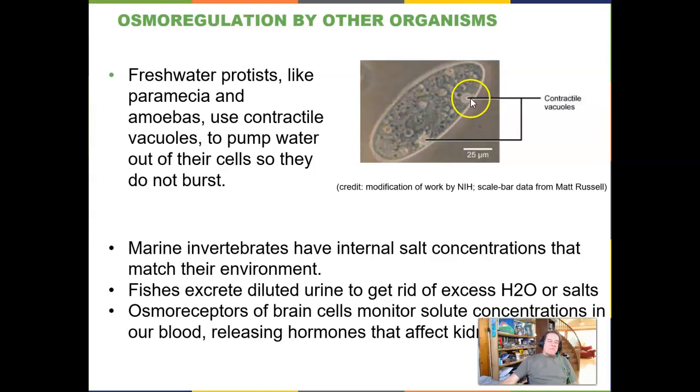But that doesn't happen because it has these specialized vacuoles right here, which are surrounded by basically the fibers, the protein basis of muscles. So at a subcellular level, they're muscularized vesicles, if you will. It's not made out of cells. A muscle is an organ made out of cells. But these are the molecular components of muscles surrounding these vacuoles, and it causes them to squeeze periodically, and they've got a one-way valve that leads out of the cell. And so these things suck up excess liquid from the cytoplasm of the cell and pump that liquid out